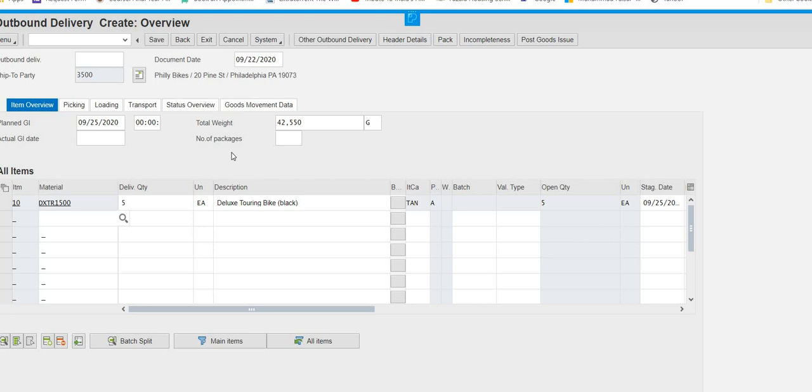Now in this screen, what is required, let me just check. Deliver quantity is 5 and order quantity is 5.